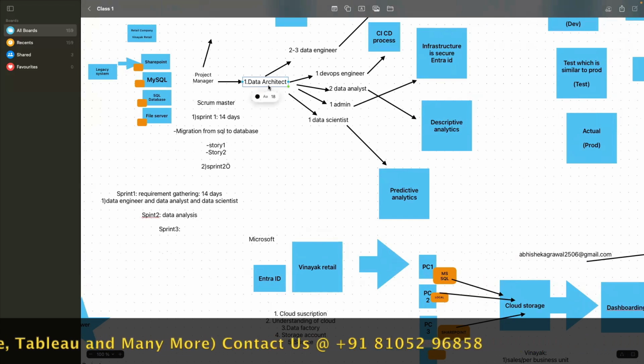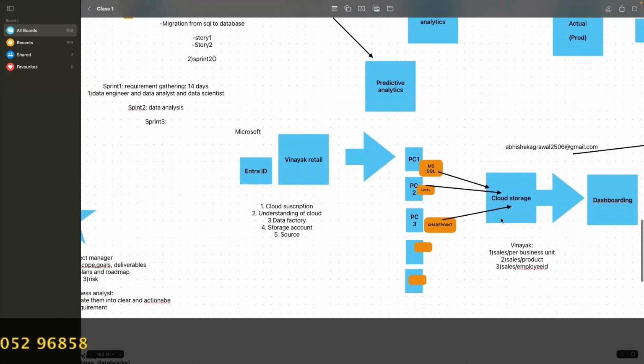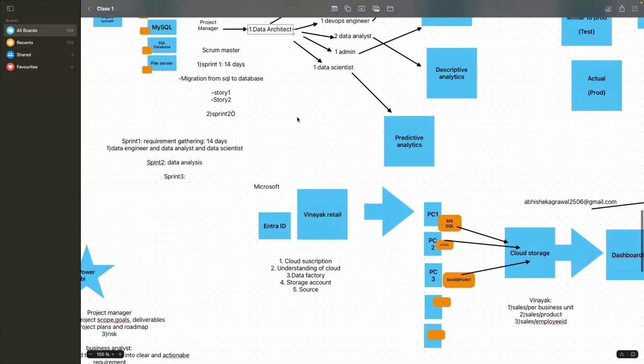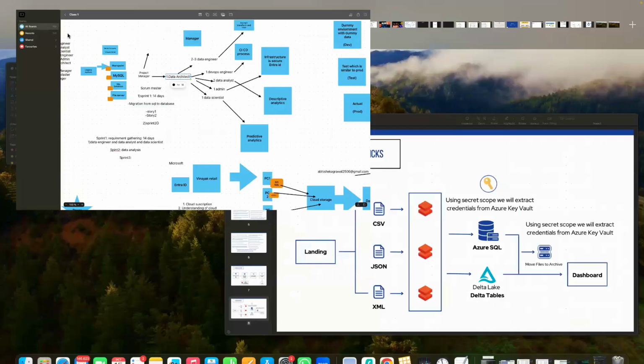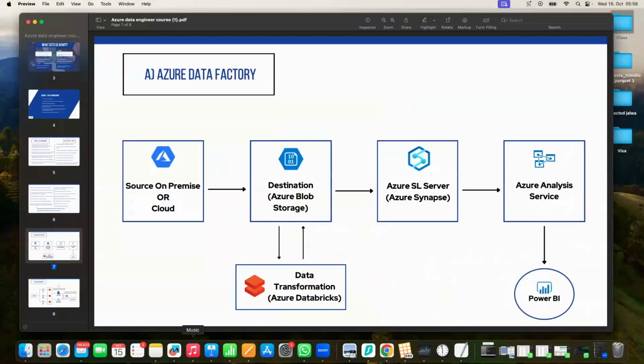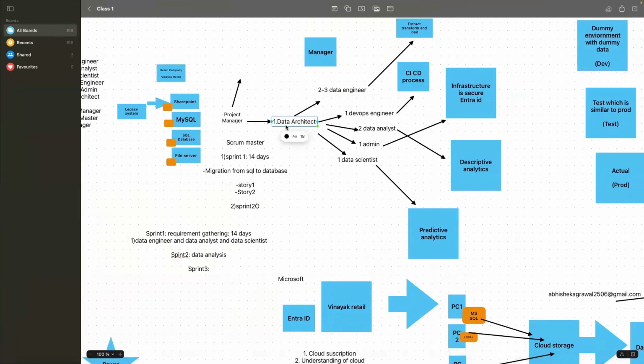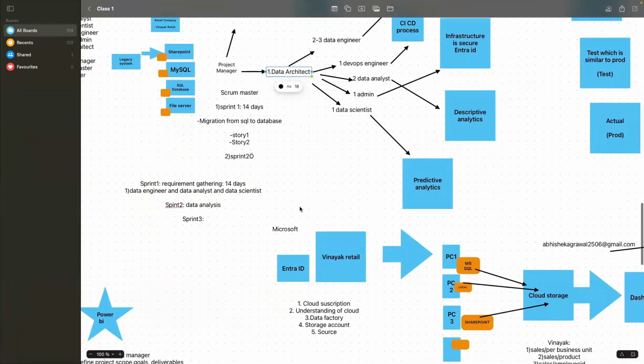And then the data architect will create an architecture diagram to solve this problem, which will look something like this, right? So here you can see that he spoke with the data architect and then the data architect created this particular